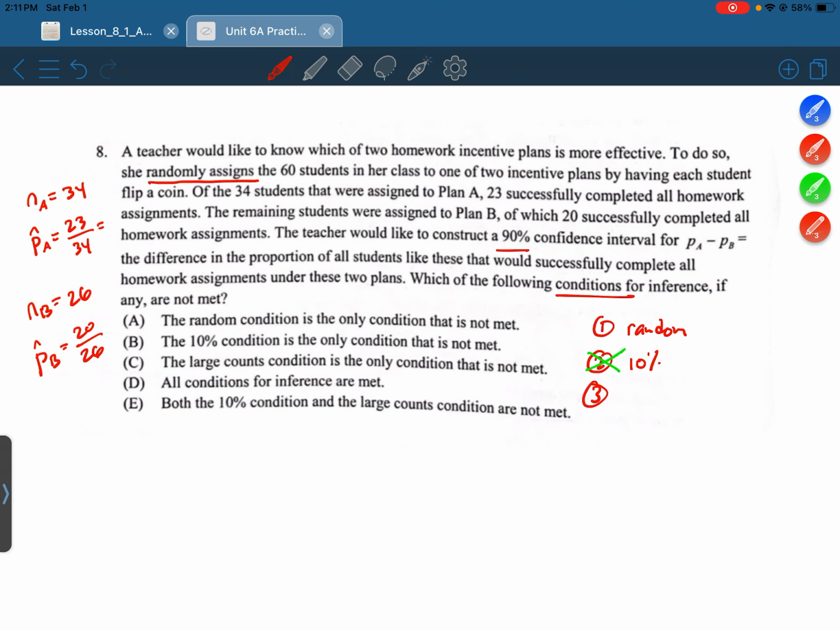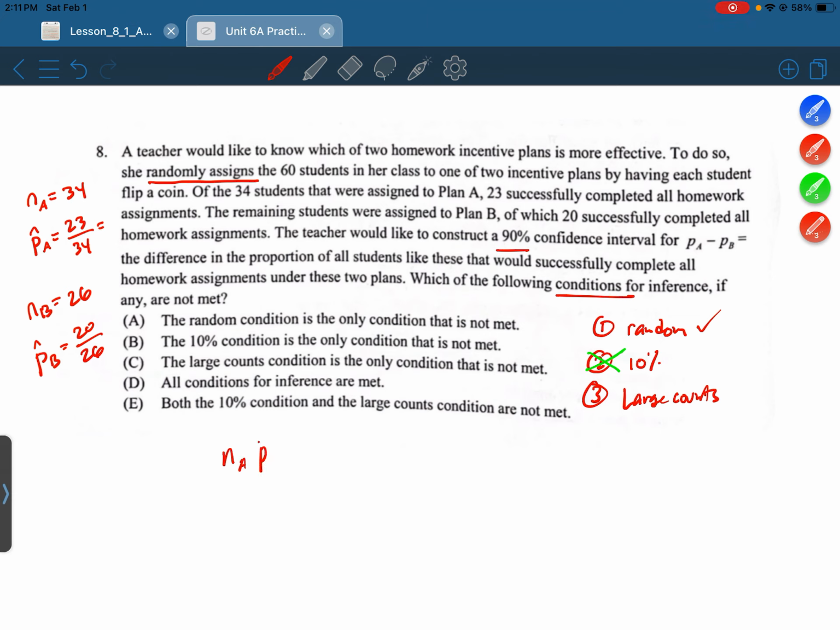The third is what's called large counts. And the reason why we check the large counts condition is to justify the use of normal distributions. Okay, so the random condition has been met due to the random assignment. The 10% condition is not needed. The large counts. All right, so let's check. We need to make sure that